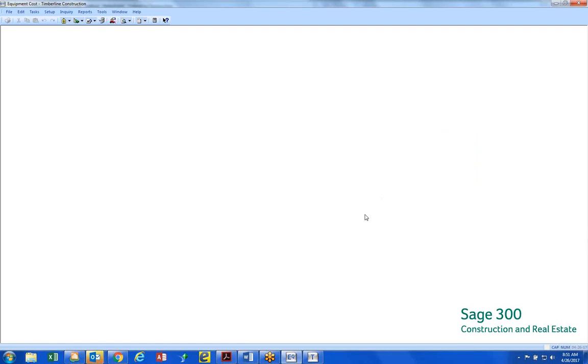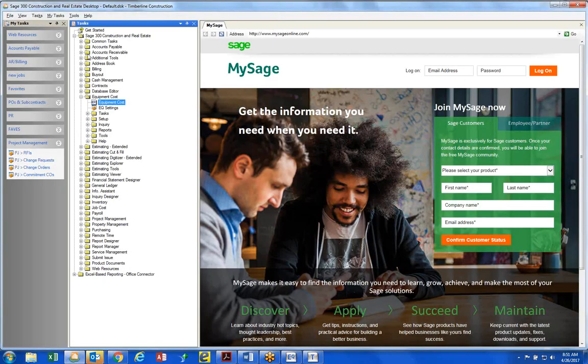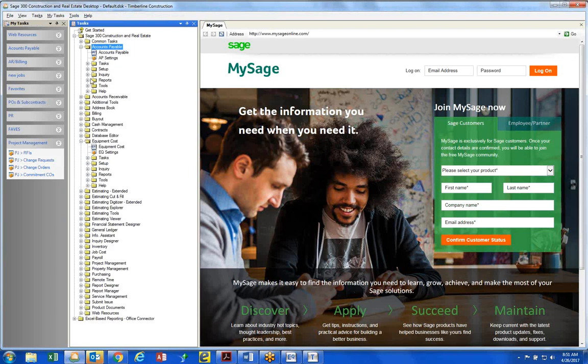And hopefully in AP, when you go in and you enter your invoices, you've got your equipment cost code. Is that equipment ID and cost code coming up automatically for you? So I'm going to show one thing in accounts payable. In AP settings,